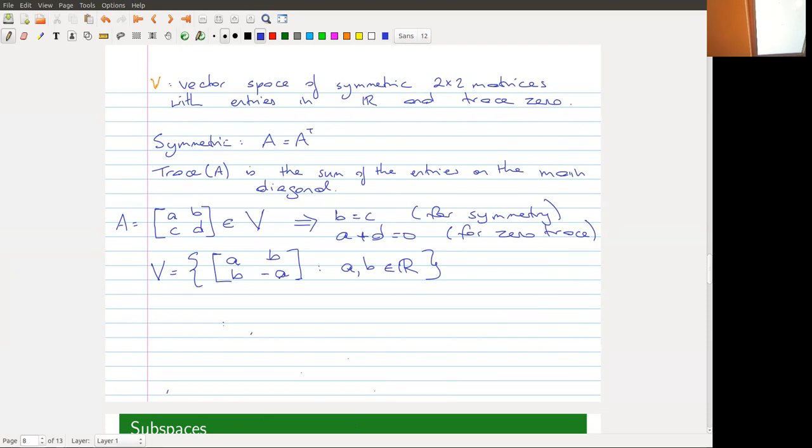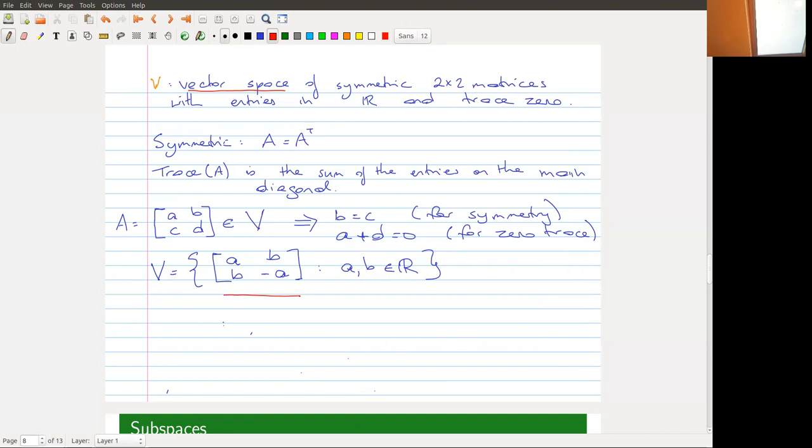Something that I glossed over and didn't really say properly is how we know that this is a vector space. This is a sort of habit that we should get into as well. If it's asserted that something is a vector space, we should confirm that. So we should ask ourselves, if we take two matrices of this type and add them together as 2 by 2 matrices, which we certainly can do, do we again have a matrix of this type? Do we again have a matrix which is symmetric and which has trace 0? The answer to that is yes, because the